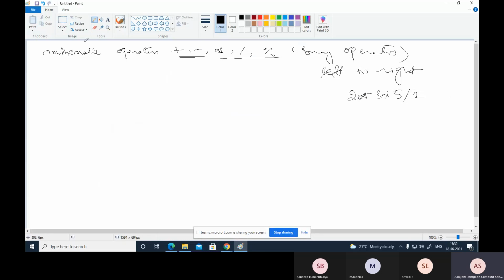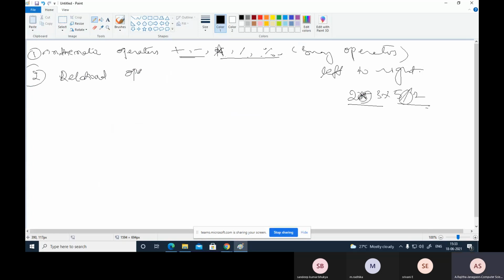Coming to priority, precedence, this goes to the first priority. Suppose 5 by 2 and 2 by 2 into 3 are there. In this case, both are the same priority, so left to right associativity applies. And then next, relational operators, otherwise also called comparison operators.